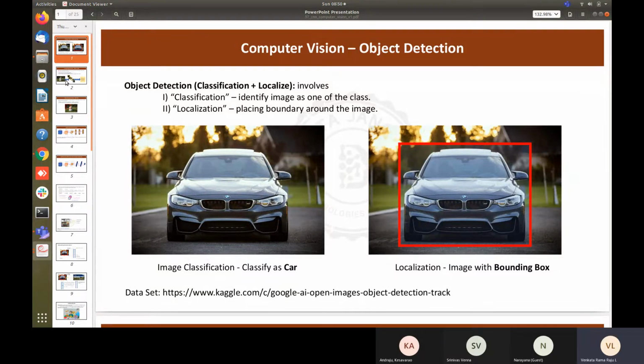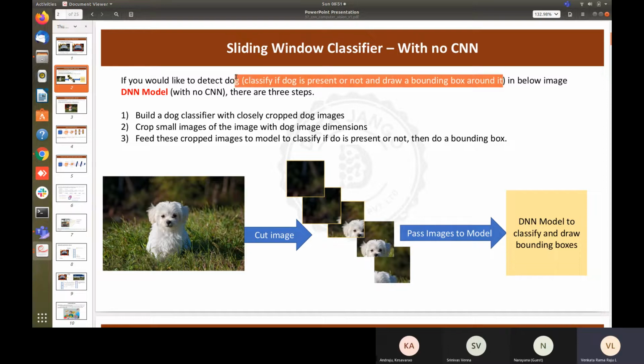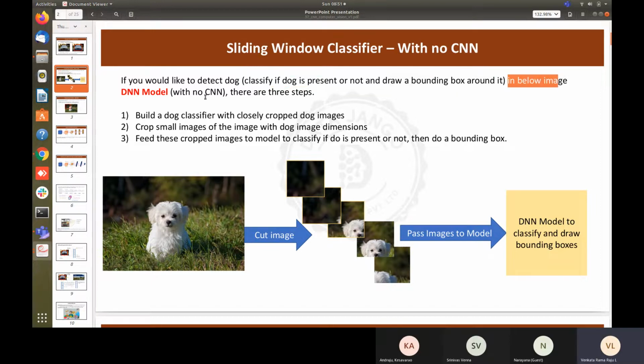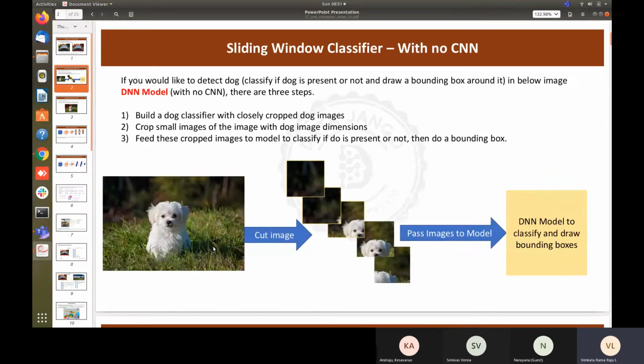Before we do object detection, I'd like to show different approaches of doing object detection and the problems with them. If you would like to detect a dog in this picture, classify if a dog is present or not, and draw a bounding box, that means you classify whether a dog is present or not and then draw a bounding box. In the below image, a DNN model with no CNN has three steps. For object detection we can do a DNN model, but the way we have to do it is build a dog classification